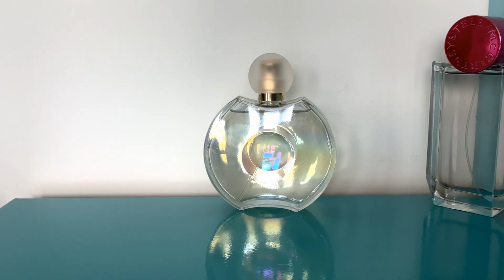This one, though, this had something bubblegummy in it as well, even though, I'll read you the notes, there's nothing tuberose in here, but the notes are top notes of apple, green notes, blackberry and Italian mandarin. The middle notes are tiare flower, jasmine, rose, orchid and violet. The base notes, woody notes, sandalwoods, white musk, amber and cloves. So all of the Elizabeth Taylor perfumes have a lot of notes in, but